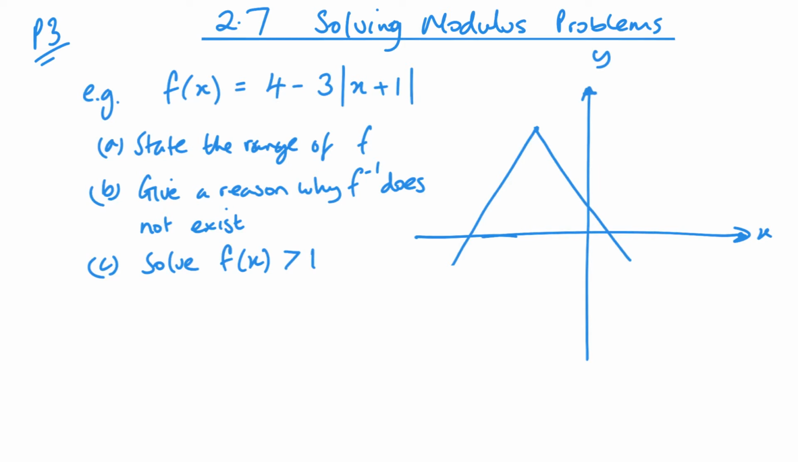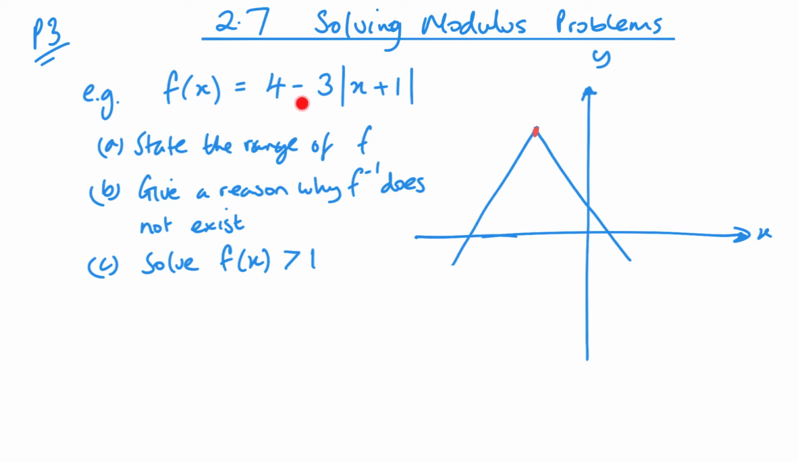So here's our first question. We've got f of x equals 4 minus 3 mod x plus 1. State the range of f. To do that, first we need this turning point. And this is going to happen when the inside of my modulus is equal to 0. And it makes sense that that would be the case,